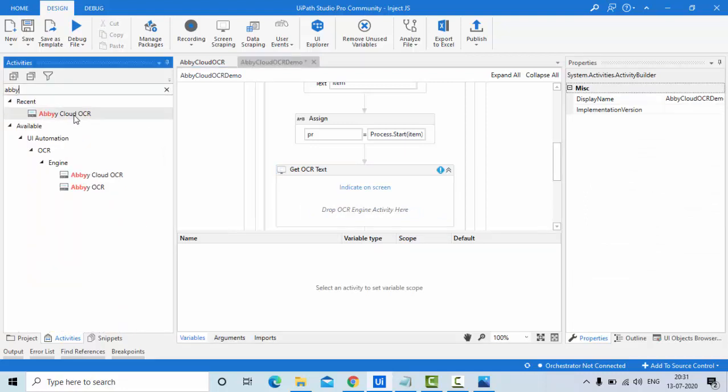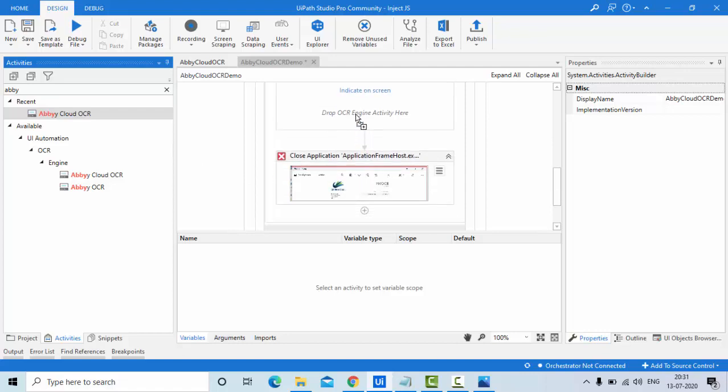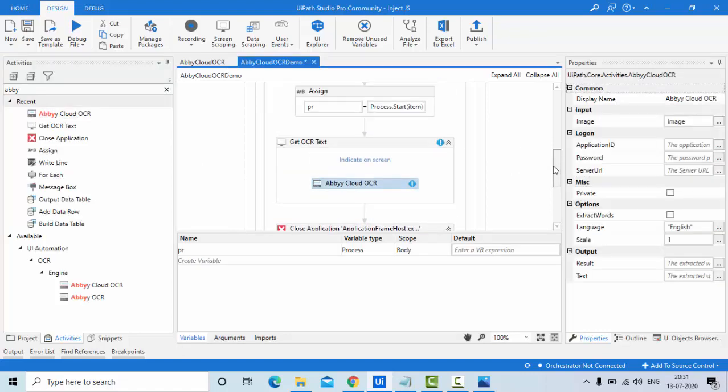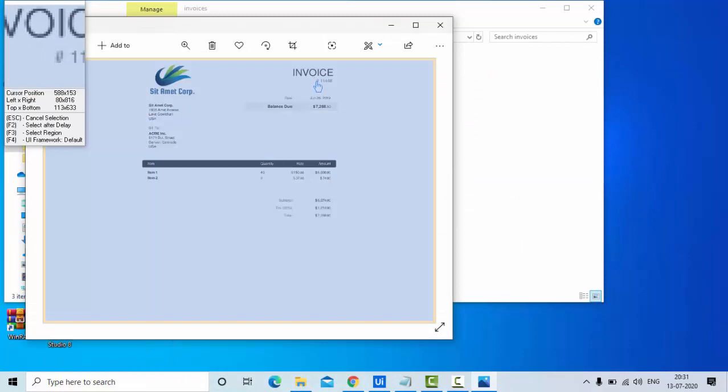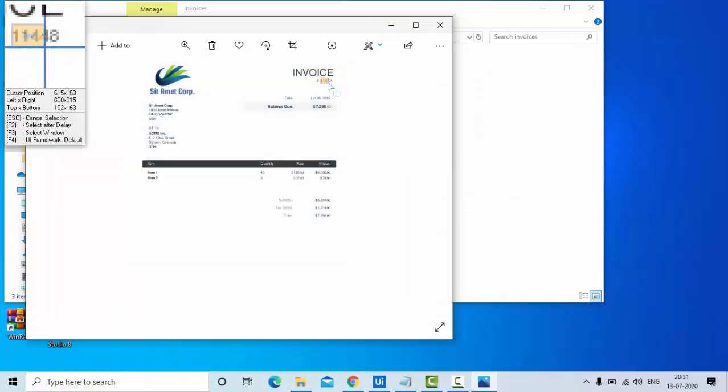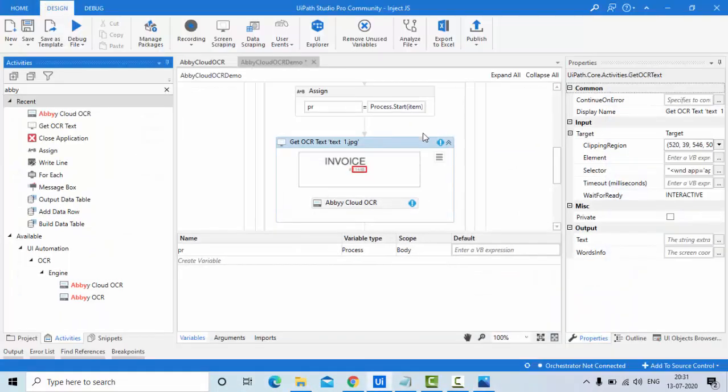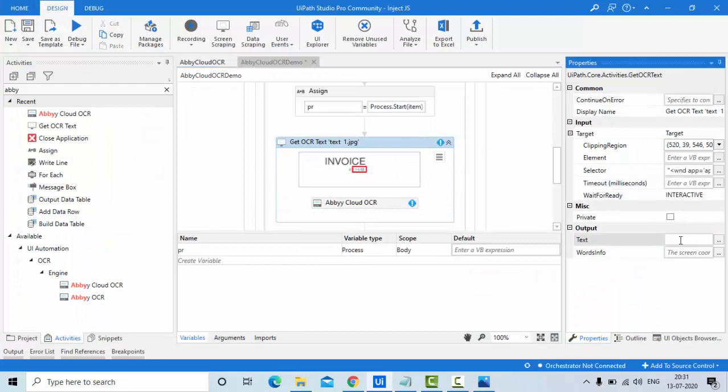Now first indicate it on the screen. So I'm indicating the invoice number on the screen. Okay, so this would be my invoice number.